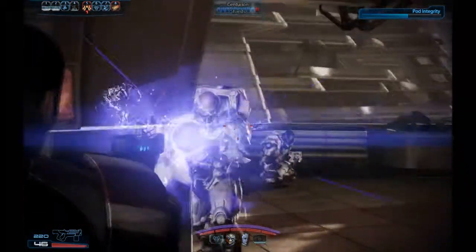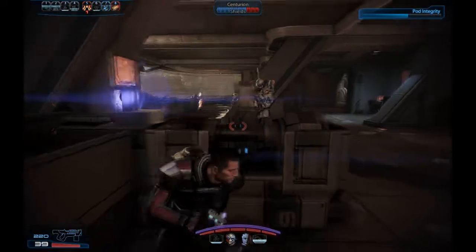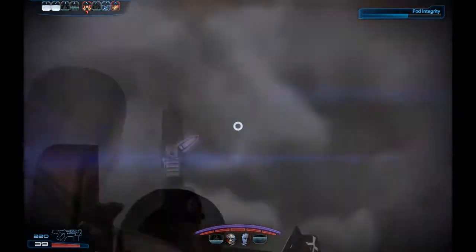They only have red bars, they don't have armor or anything. And if you get a shot through that slit, that's a guaranteed headshot. I mean, that's their eyes, so...